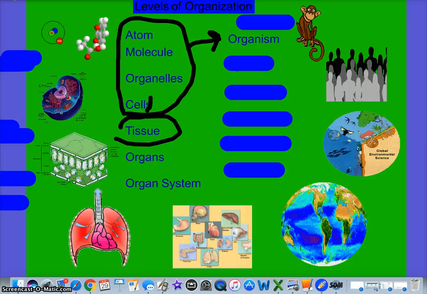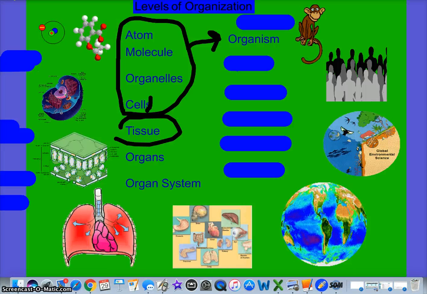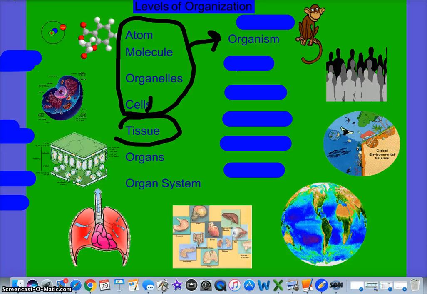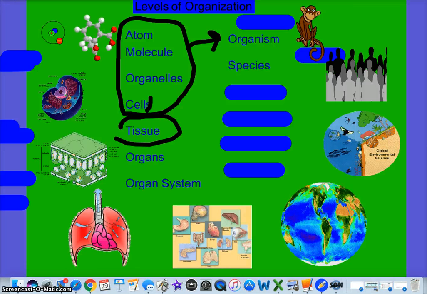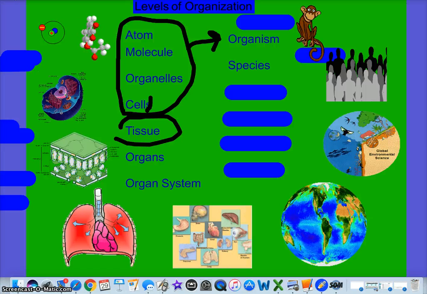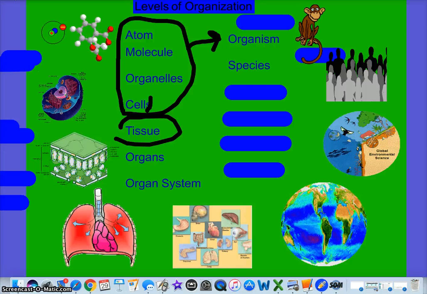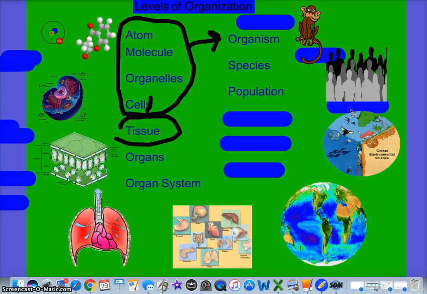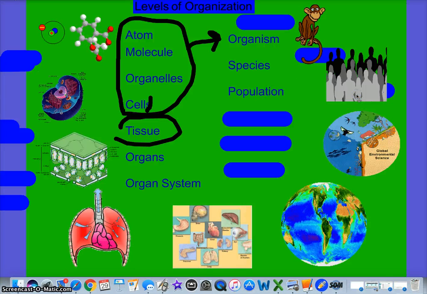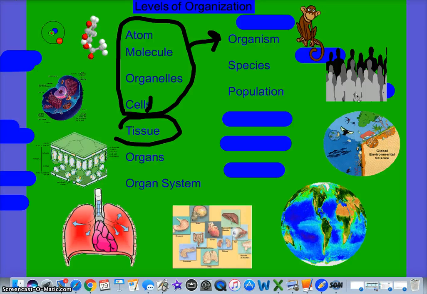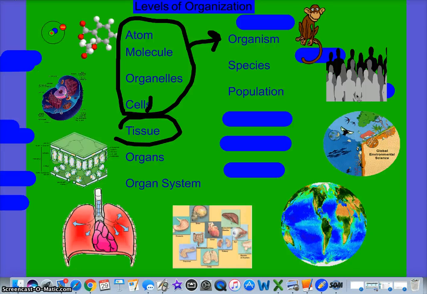Organisms that can reproduce fertile offspring are called... I always get, species are organisms that can produce fertile offspring. If you take all species and you put them in one area, they make up a population. If you take different types of species, or a group of populations, and put them in a given area, they make up